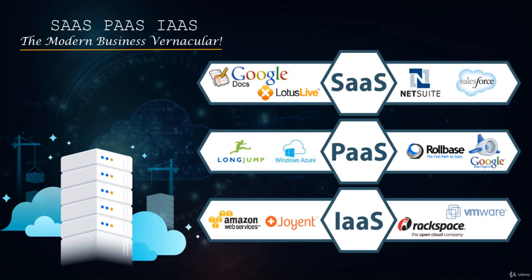But what if there is a requirement in your organization where you want to work on virtual machines or physical servers, right? So you need the underlying infrastructure itself so that you can start building your own custom applications. That means you want the compute, you want the network, you want the storage, and all those components that we need so that you can create your own app or software. So infrastructure as a service is where all of those infrastructure related entities like the compute, CPU, memory, network, storage is all handled and provided by the third party.